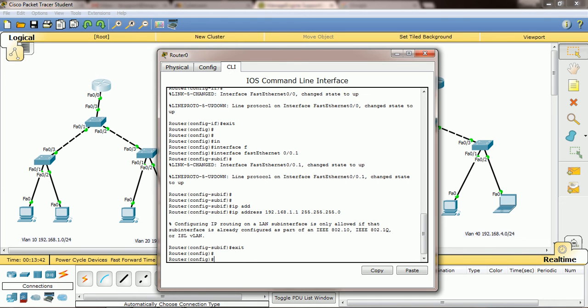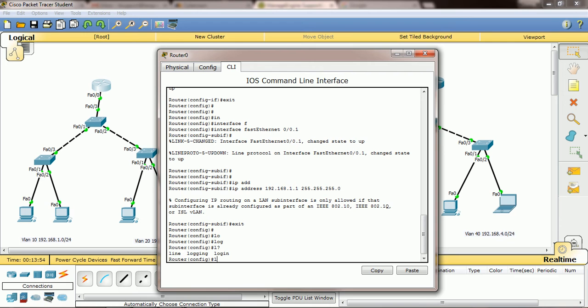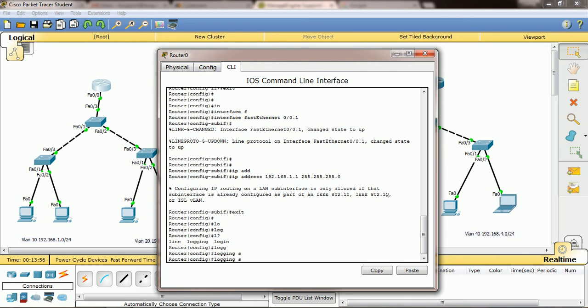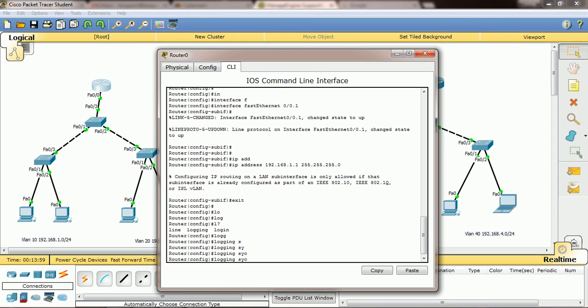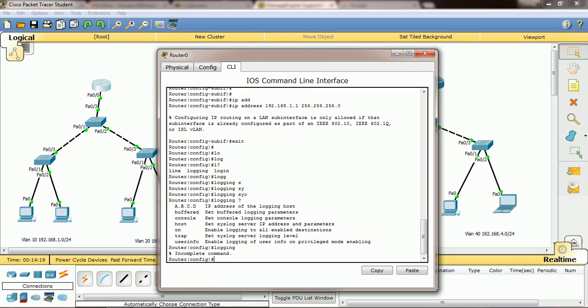Then I told you, while you are typing the commands, the log lines are coming. For that, there is one command, logging synchronous.